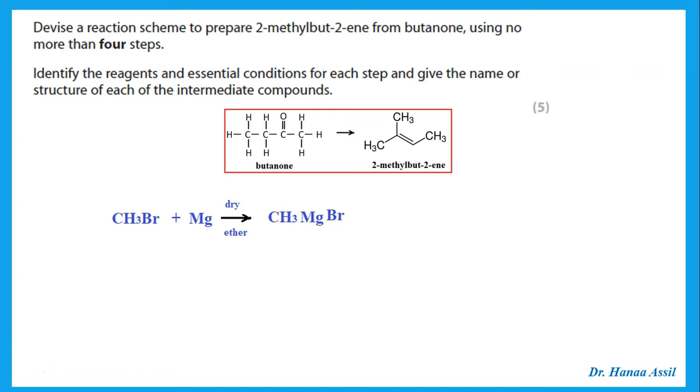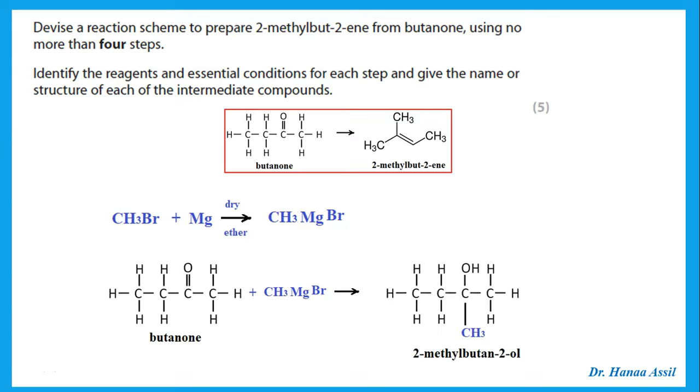So I'm going to start with methyl bromide plus magnesium in dry ether. This gives me the Grignard, which I can then react with the butanone. That adds a methyl group on that carbon that had the double bond O, and then I want to form an alkene there, so I heat it with concentrated phosphoric acid to give